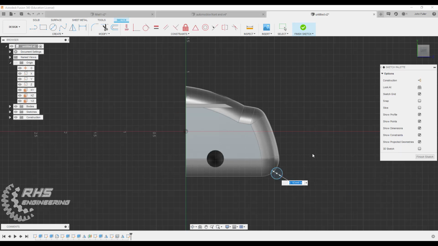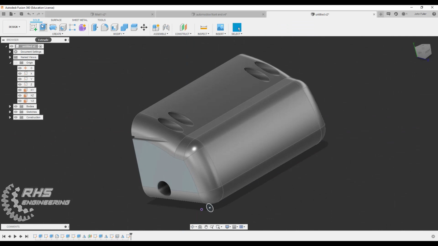So I'm actually going to make that diameter 0.15. And then I'm going to move it over. Let's move it over 0.2, see where that brings it. That looks pretty good. And now let's dimension it vertically. Just make that 0.25, something nice and simple. All right, and now let's go ahead and finish our sketch